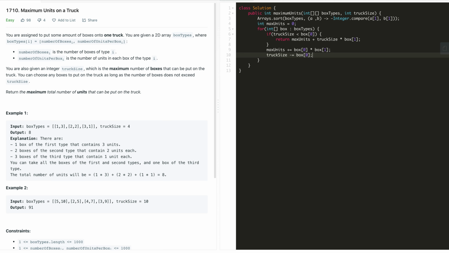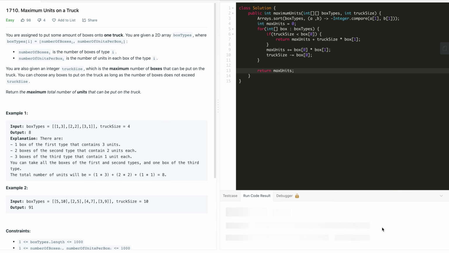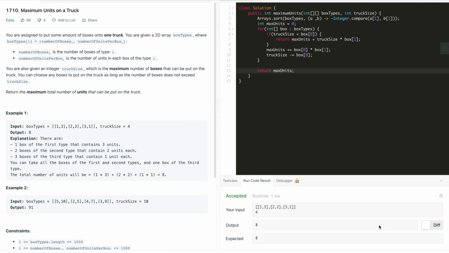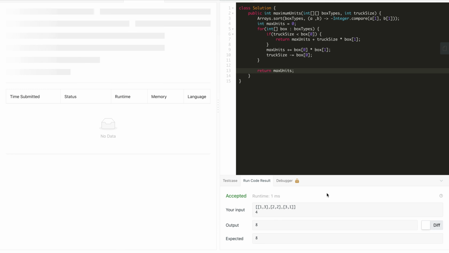That is it, a quick implementation. At the end we just return maxUnits itself, or you can return 0 as well. Let us compile and run the code. The code runs and we are getting correct outputs. Let us submit the code.